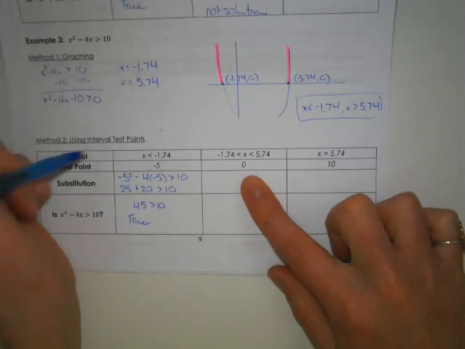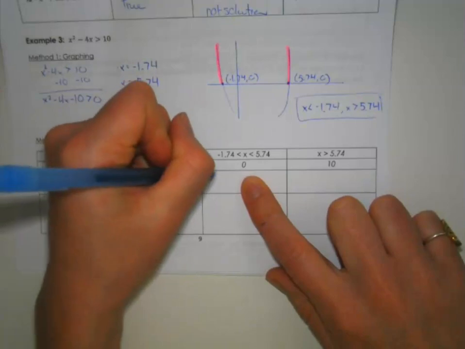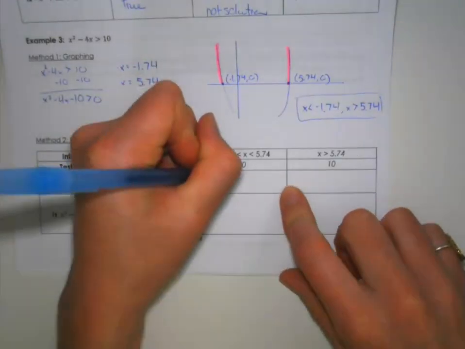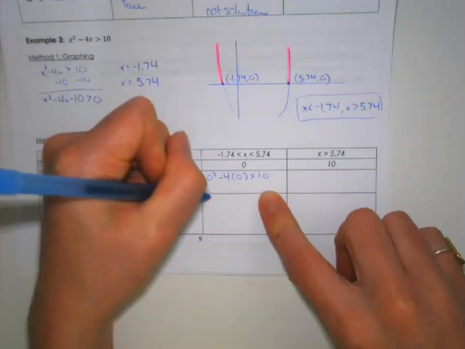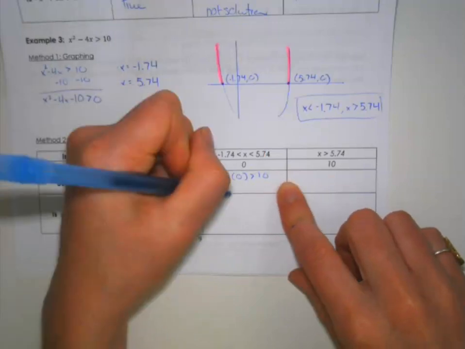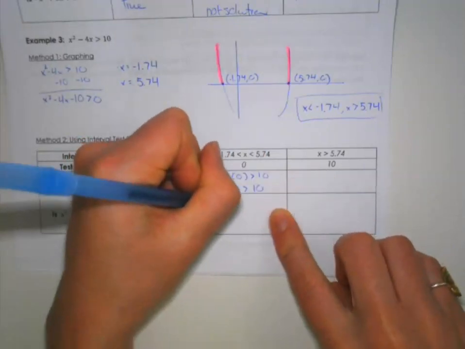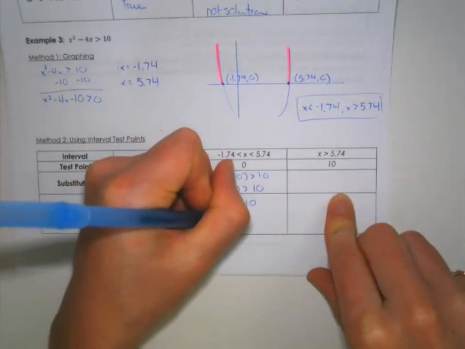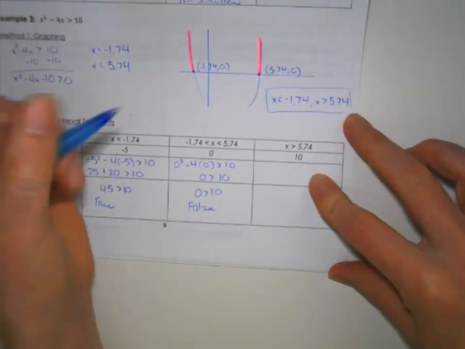For the range in between, we would have 0, so 0 squared minus 4 times 0 should be greater than 10. And that's basically just 0 is greater than 10, and 0 greater than 10 is false, so it's not part of the solution area. And then our last one is 10, so 10 squared